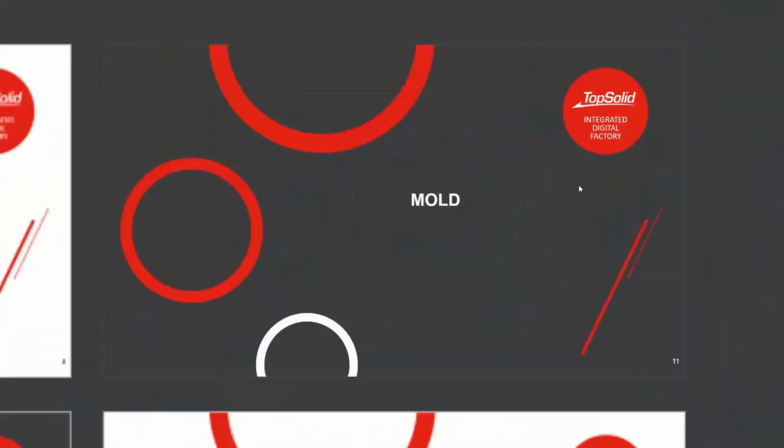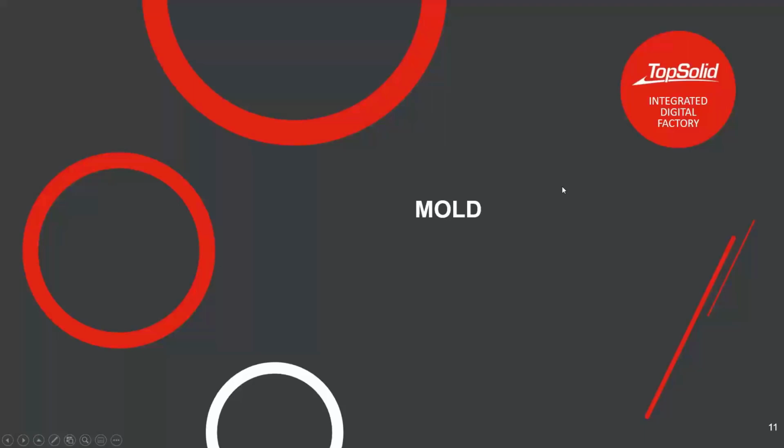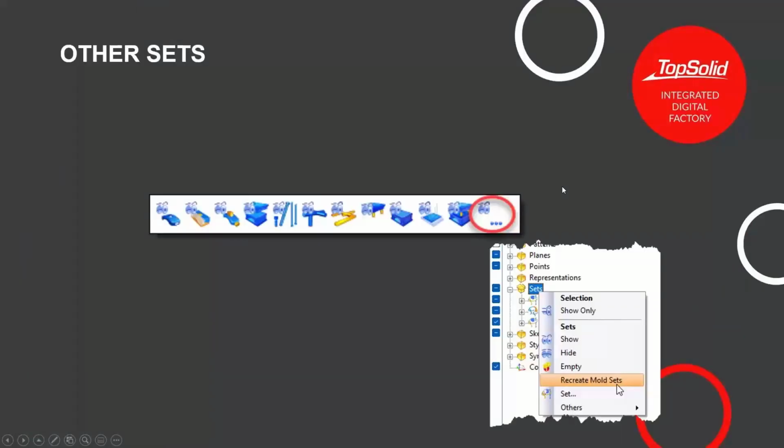Alrighty, let's go take a look at TopSolid Mold. Within TopSolid Mold, there's a couple of nice improvements. First one has to do with a new set that's been created. We're calling it the other set. So this is just to give you quick access to